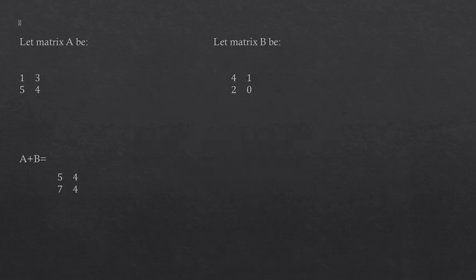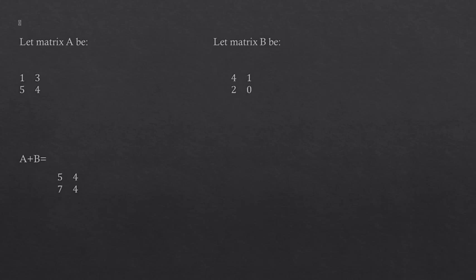A matrix is an array of numbers. It has rows and columns. So here we have two matrices, A and B. A is a square matrix which has two rows and two columns. So P is equal to 2 and Q is equal to 2. And the matrix B is also a square matrix consisting of four elements, two rows and